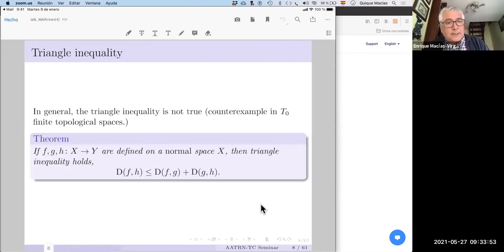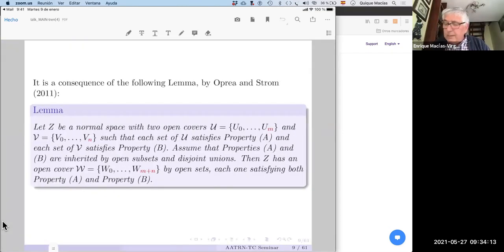One can try to prove the triangle inequality, but in general, it is not true. We have a counterexample in finite topological spaces, but it is true if the domain X is a normal space. And for the proof, we use a nice lemma by John Oprea and Jeff Strom that says that if you have a normal space with two open covers U with n plus 1 elements and V with n plus 1 elements, such that each set of U satisfies some property A and each set of V satisfies some property B,